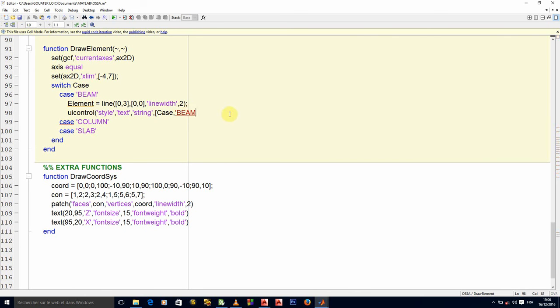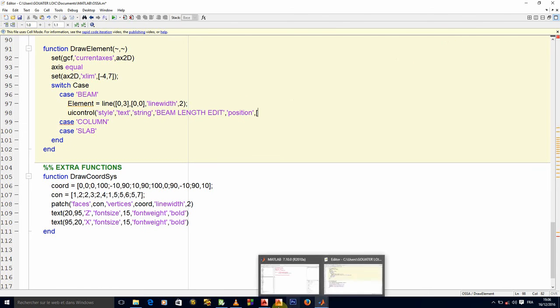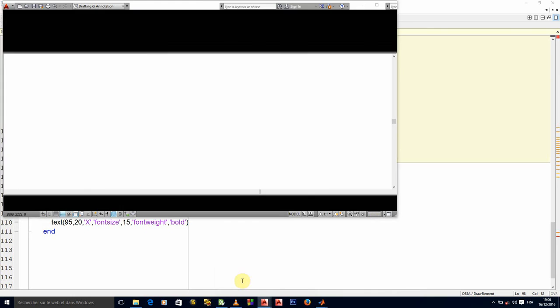Beam, come on, beam length edit. So we said the position, we have following the X. Okay, following the X, how much was that?